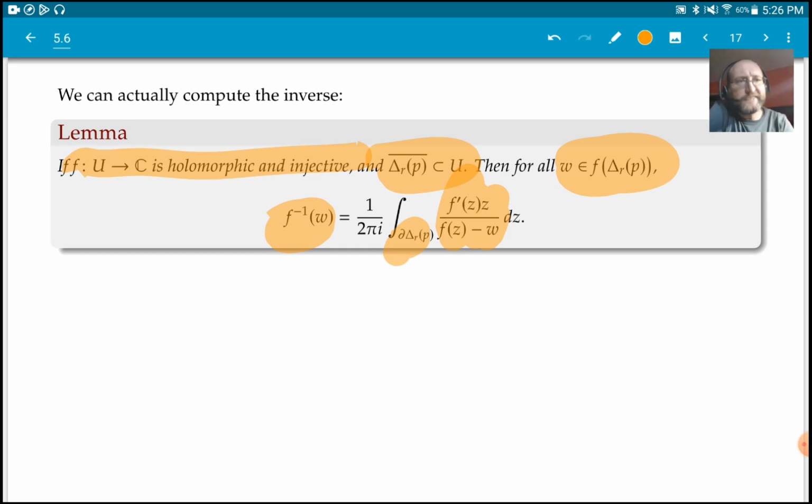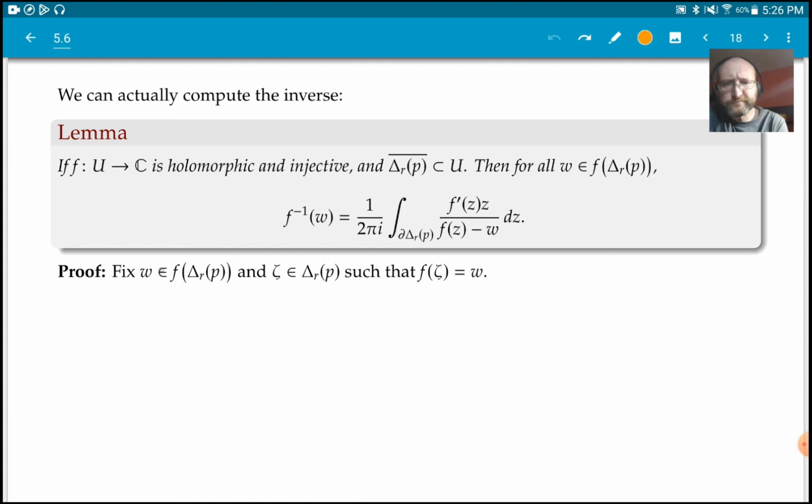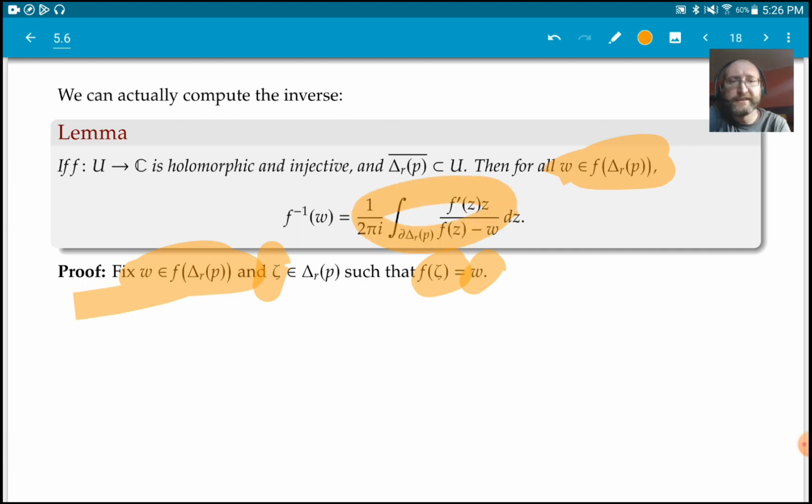I'm just using the values of the function in an integral formula, and the derivative, and I get the formula for the inverse, right? So let's prove that. Fix a w in here, and take zeta to be the zeta that f takes to w. So really we want to show that this formula gives you zeta,